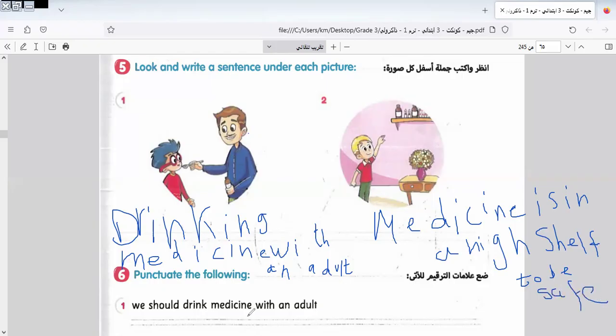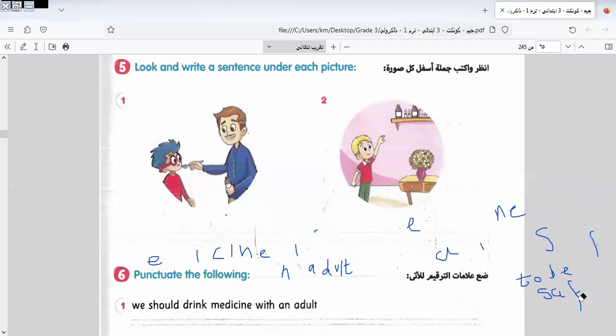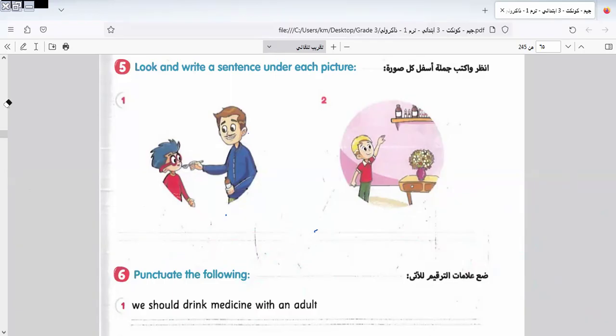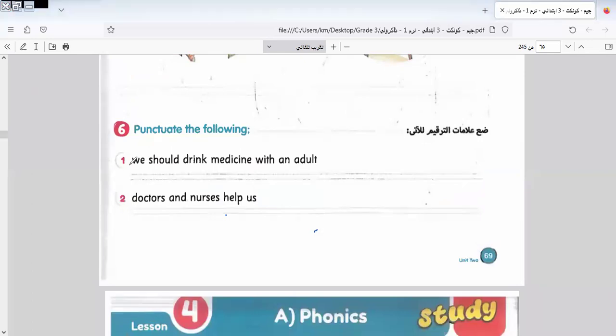Let's go to another one here. Here we have a punctuation exercise. As we told you, we underline the wrong letter that we corrected. Let's do this question together. Here the word is in small letter, I will write it in capital letter, and I put a full stop at the end of the sentence. Here doctor is written in capital letter, I will write it in small letter. If the sentence is a question, I put a question mark at the end of the sentence.